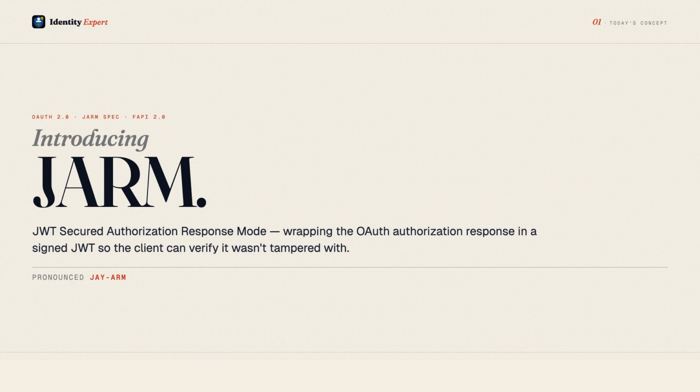Today we are covering JARM, JWT Secured Authorization Response Mode, pronounced JARM. Here is what most developers do not realize. When an authorization server redirects your user back to your application with an authorization code, that code arrives as a plain query parameter. There is no signature. There is no proof it came from the authorization server you expect. There is no guarantee a browser extension, a malicious proxy, or an attacker who knows your redirect URI did not